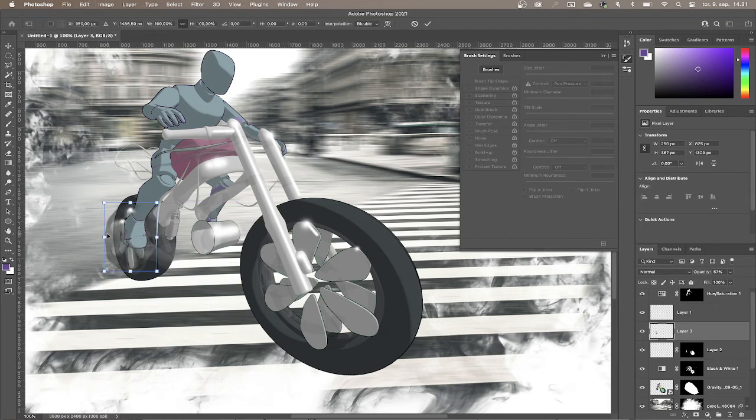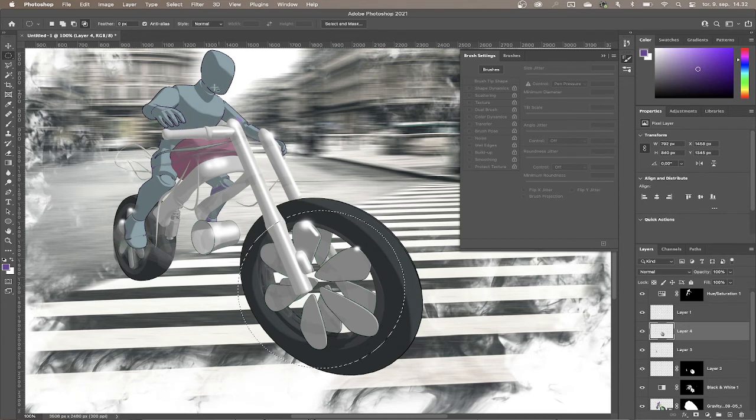Yeah, I can tell that I didn't transform it enough. So I just need to bring it back there. And then I will do the same thing with the front wheel here. Again, say I only want the common area between the two, which is this one. I'll say Command C, Command V, and now I have my front wheel, and that one is actually pretty good